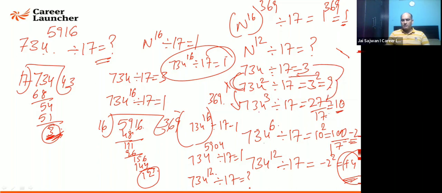I'll raise the power 6. 10 square is 100. 17 fives are 85. 17 sixes are 102. So remainder can be written as minus 2 because it is 100 only. So squaring it, minus 2 square is coming out to be 4. My answer comes out to be 4 there. Is that fine now, everyone? Tanya ji, Shubham, Steffi,